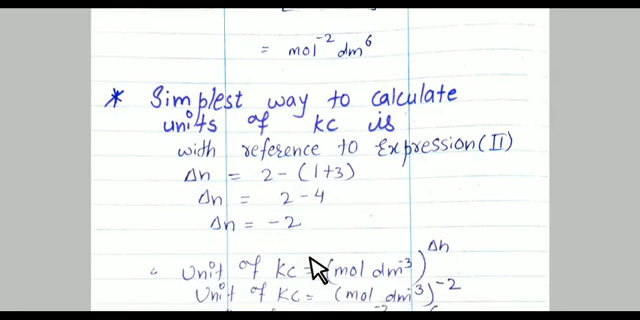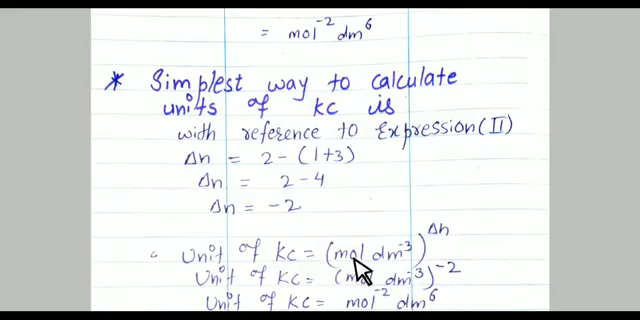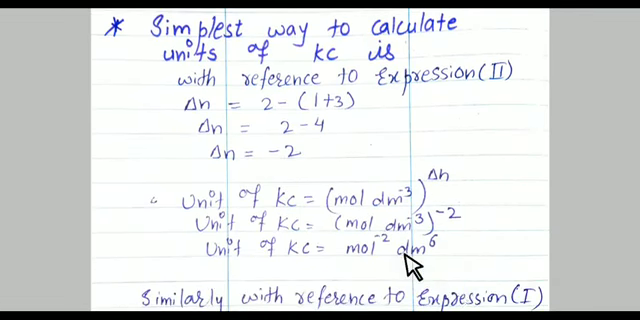Now we have the unit of concentration, mole per decimeter cube, to the power delta n. In place of delta n, we have to put minus 2. So we get the same unit for Kc. So it is the simplest way, by taking the delta n. Delta n means number of moles of product minus number of moles of reactant. Similarly, we can apply this method with